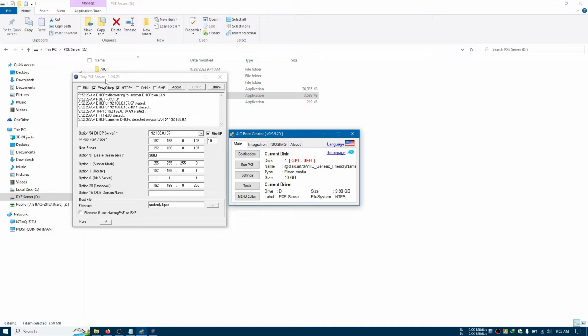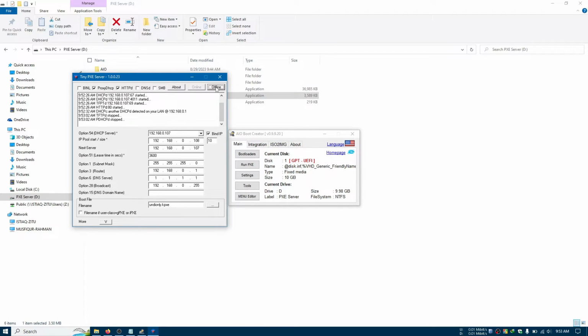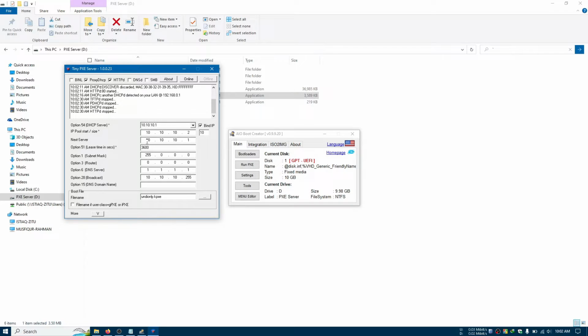Our next job will appear on this menu. Offline, click on offline, proxy DHCP BINL. Okay, now DHCP server, click on it. You will be seeing your Ethernet IP address. Okay, on the DHCP server drop down menu, select 10.10.10.1. If you do not find it, now click on offline, proxy uncheck, BINL check,